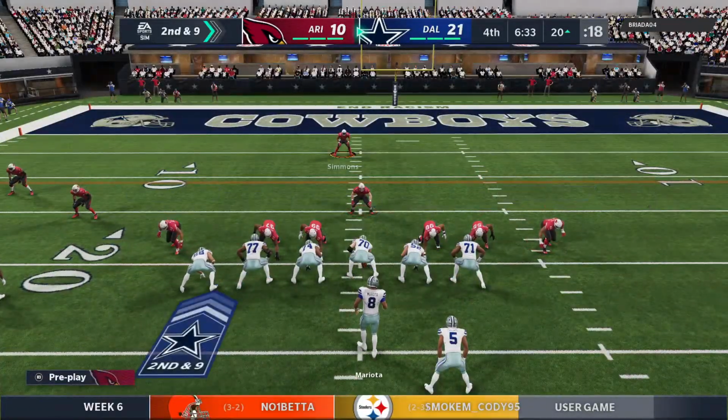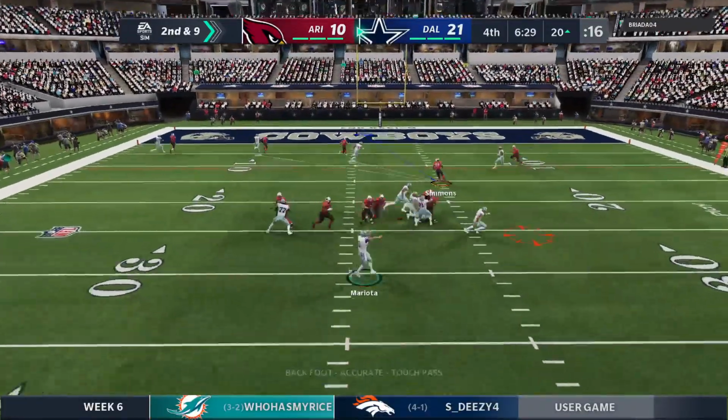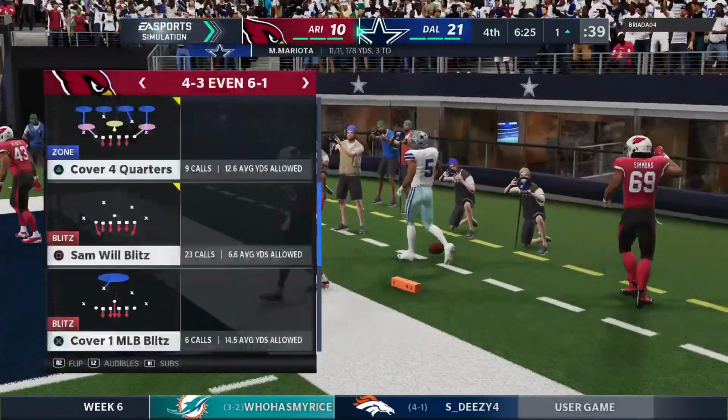And the difference between that and a pass blitz, you're trying to get to the quarterback. You're trying to scheme someone open who will get to the QB and make sure he gets on the ground. In a run blitz, you're actually trying to cover up gaps, trying to cover up holes so they can't run